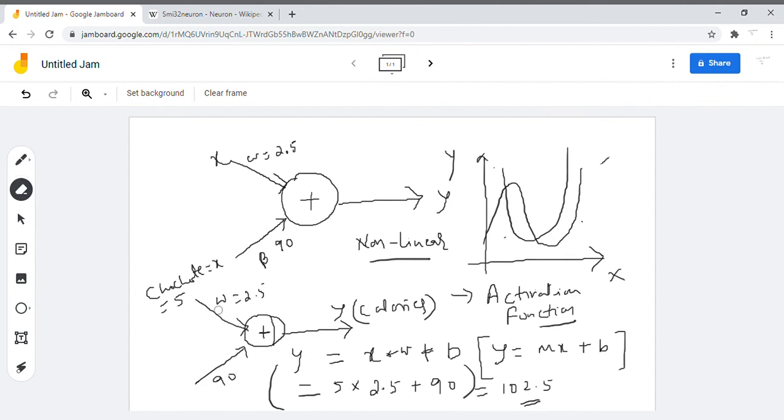Let me try to rewrite this once again. Let's say that you have a neuron, something like this, and then you're doing some mathematical calculations here, and I put a bar here saying that you are trying to include something called activation functions. Activation functions are the functions which help us to show the non-linearity in your data. And in future, we'll discuss some of the important activation functions available in machine learning or deep learning concepts.